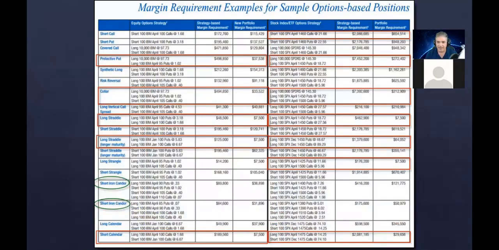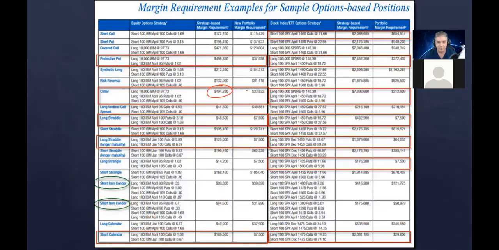All right, so this is a sample of a PDF that you can find on CBOE, and what they do is they basically show you examples of the differentials between RegT margin, which is this thing here, they call it strategy-based margin requirement, same thing here, and versus portfolio margin. All right, the differences here, why there's these two columns, this is for equity options, this is for indexes. Okay, so we're basically typically looking at the right-hand side, but if you trade equities, if you look at something